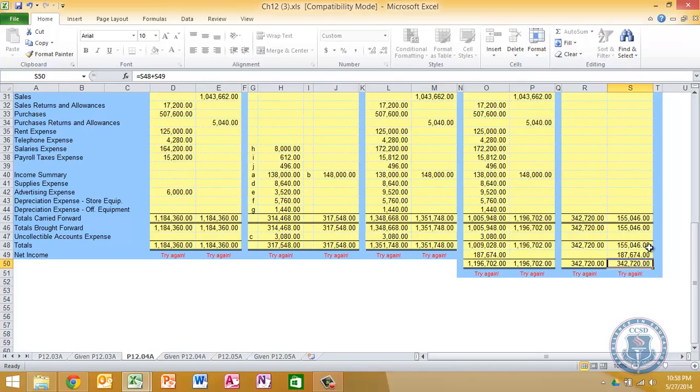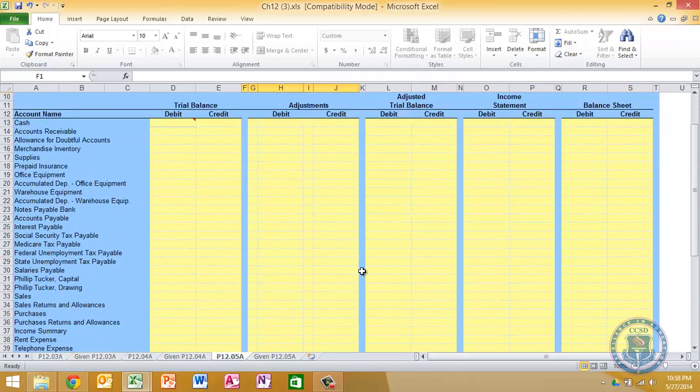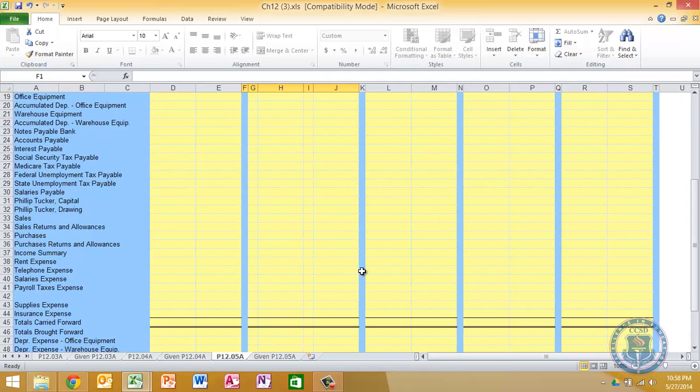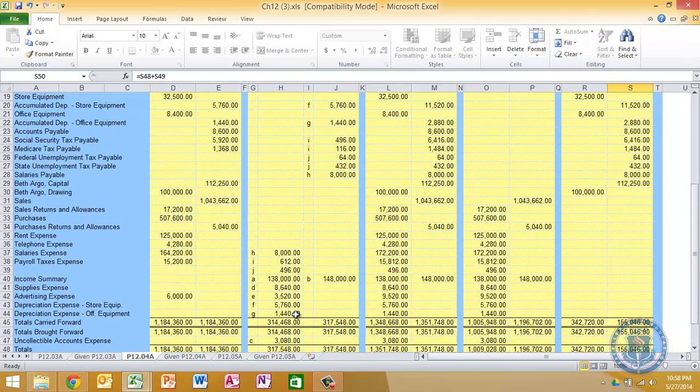So that is problem 12.4a. Now I'd love to tell you that I have time for 12.5, or 12.4b, sorry, that was B. I don't have time to do 12.5 with you, but this problem is also a doozy. It's a lot like 12.4. You're going to have to go through and make sure you put all your account balances in, and then proceed to do all the adjustments. I'm going to ask you to do that in groups as you're in class so that you guys can explain it to each other. Refer back to this video if you need to. It'll explain and reiterate what we did